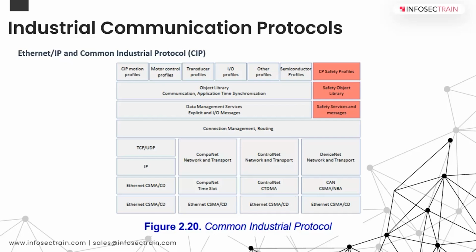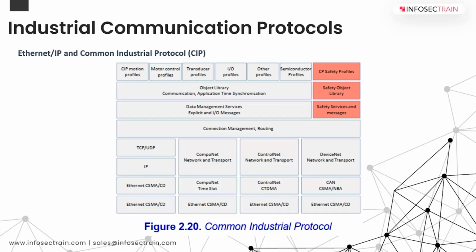And the notion of the profile actually makes it possible to define if the common communication object is implemented in a piece of equipment, and this communication is based on the producer consumer model, which can be a single or a multicast. So in the first case we are talking about explicit messages, and in the second case we are talking about implicit messages.